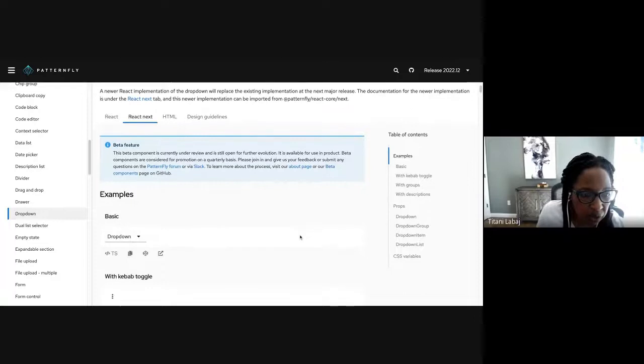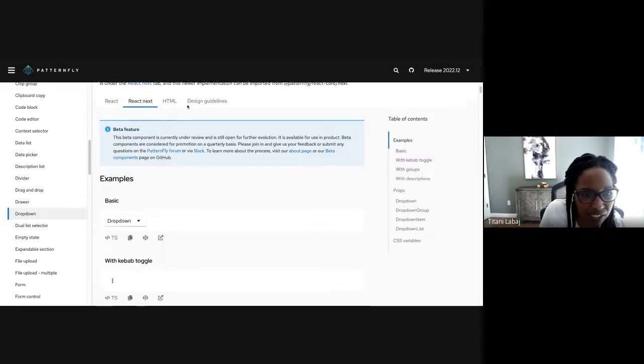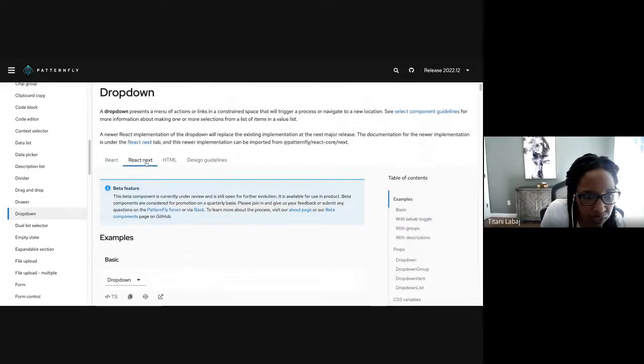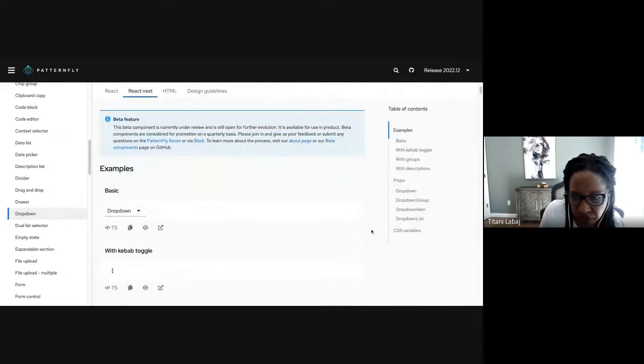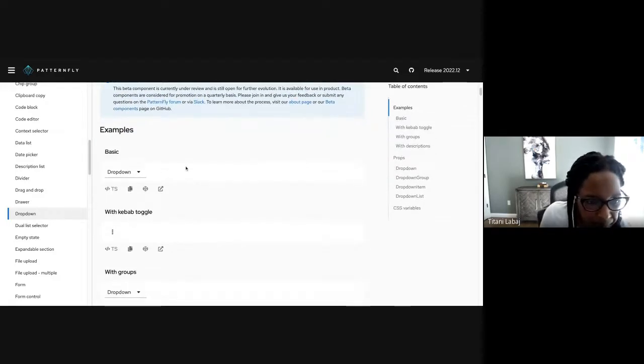So over here, when you go to our website, you click on React Next on the dropdown page. That's where the documentation lives for the next variation of the dropdown. So this component is a little bit more flexible than our old component. You can see here that